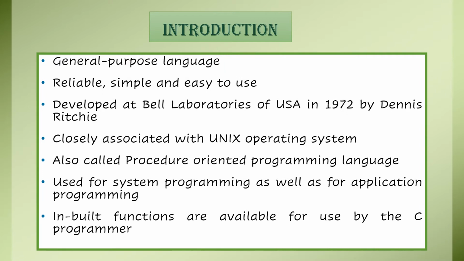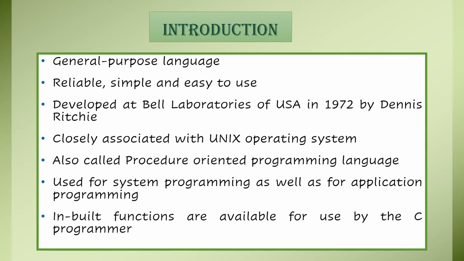And the first point is it's a general purpose language. C is a general purpose structured programming language. It is reliable, simple and easy to use. Therefore, it has become a very popular programming language, and it was developed at Bell Laboratories of USA in 1972 by Dennis Ritchie. And it is closely associated with the Unix operating system because Unix operating system is designed in C